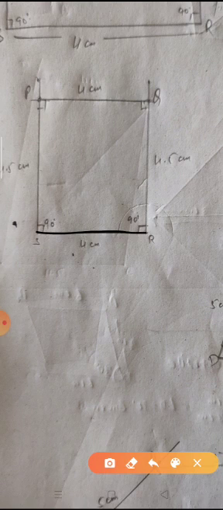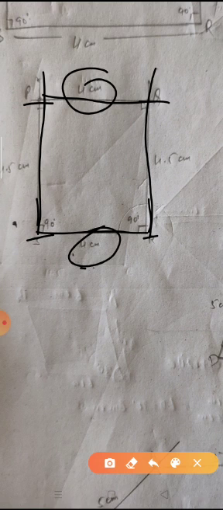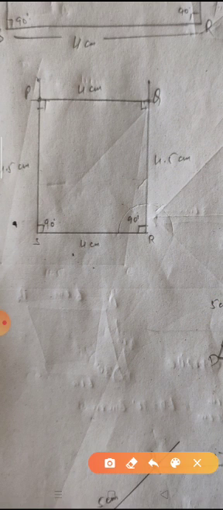So student, draw line SR with 4 cm and draw a 90-degree angle at S and R and extend these lines above. You know the opposite sides of a rectangle are equal, so the side is given as 4.5. We take a 4.5 measurement with the help of a scale and compass, and from S and from R we draw arcs and meet at PQ. So this is 4 cm, this is also 4 cm. So this is the rectangle. Now question number 5.